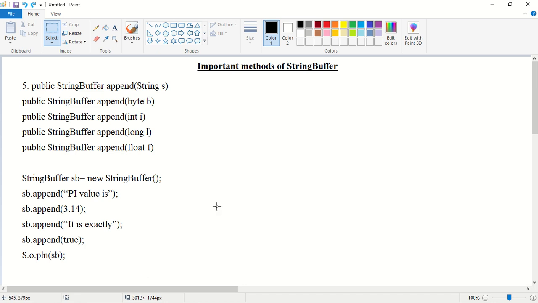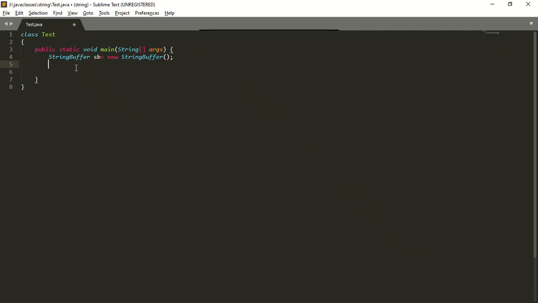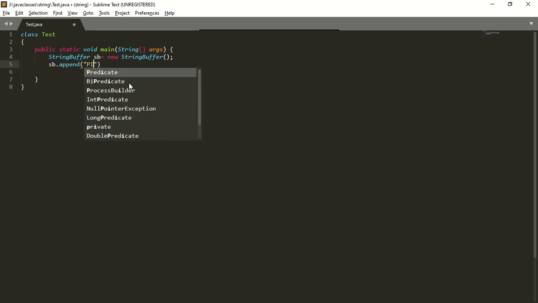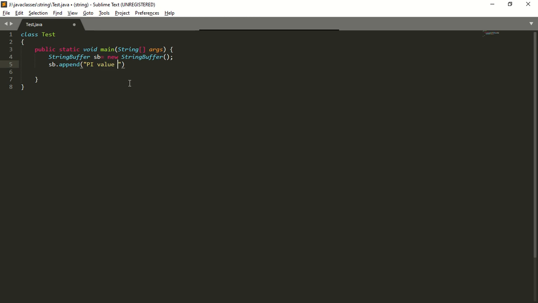So now we will see this example. So here we are taking StringBuffer sb is equal to new StringBuffer. Next, sb dot append of, so here I will take "pi value is". Next I will take sb dot append of 3.14. Here I am passing a double argument.